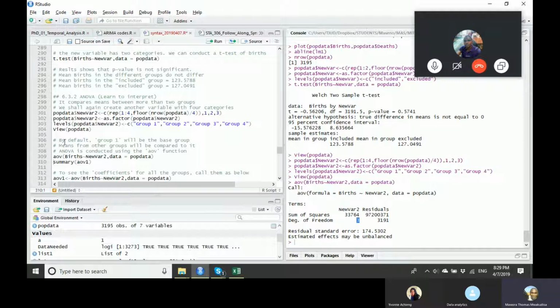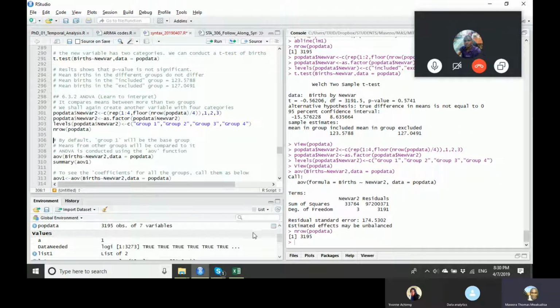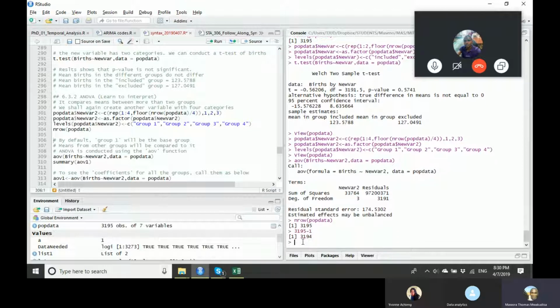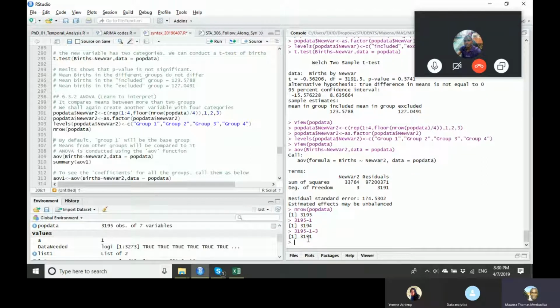In our case, you remember that we have 3195 rows, okay? So when you do 3195, of course, the total degrees of freedom, you subtract 1. It becomes 3194. When I subtract 3, it gives me 3191. This is the residual degrees of freedom. And of course, there is the sum of squares. I don't have the formula right now, but it's basically the variance excluding the divisor of n-1, okay? That's the sum of squares. When you do the summary of it,